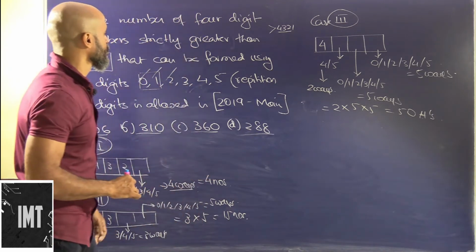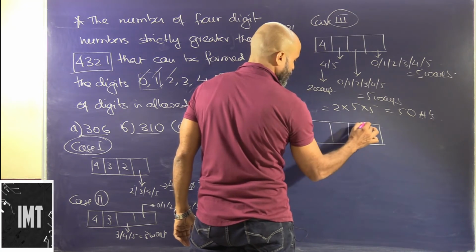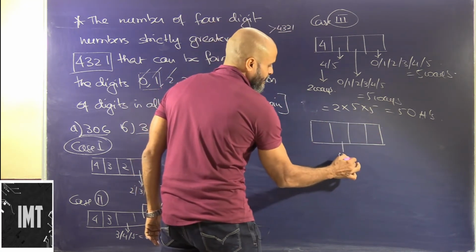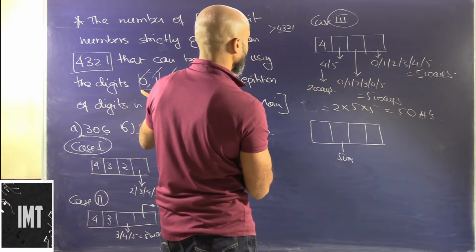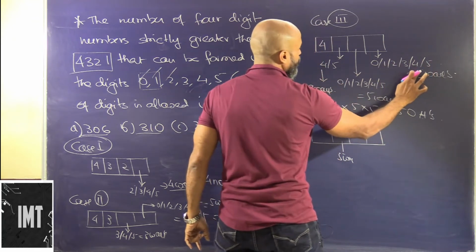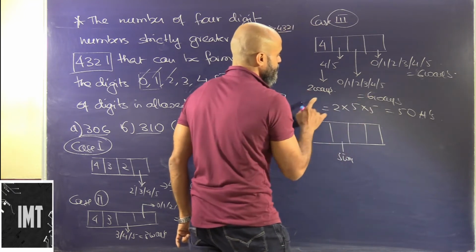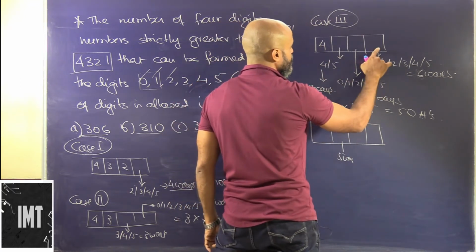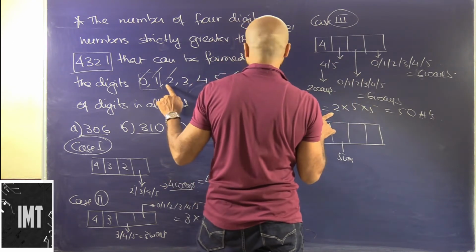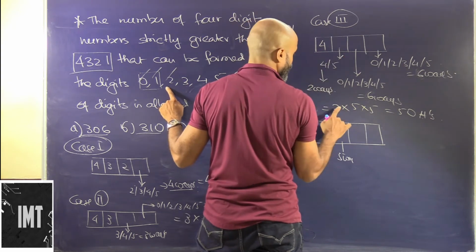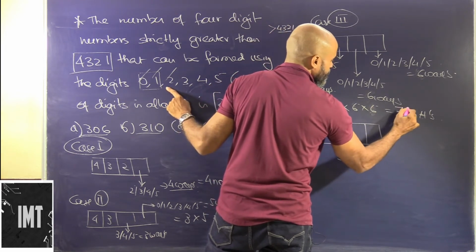Now we come to the last number, that is 4. Obviously here we can fill it in 5 ways. We all know 0, 1, 2, 3, 4, 5. Oh, I am going wrong here. It is 6 ways. Sorry, this will be 6 ways, and this will be 6 ways, and this is 2, because it is greater than 3, so we only have 2 options. 2 into 6 into 6. So 36 2s are 72. So we have 72 numbers.